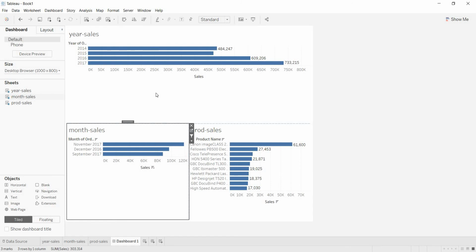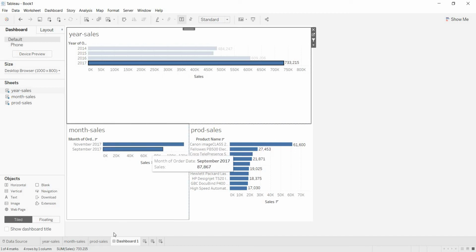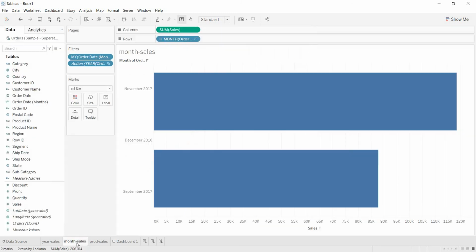See, whenever you are performing any filter here, that means whenever you are performing actions here, that data will be getting filtered, right? Just go to the particular sheet. See here, when I am applying on year wise sales, that is getting applied on month sales, right? Just go to month sales here. Whenever you are performing any actions, that filter will get added to that particular sheet's filter shelf. Here, this is also getting added to this.